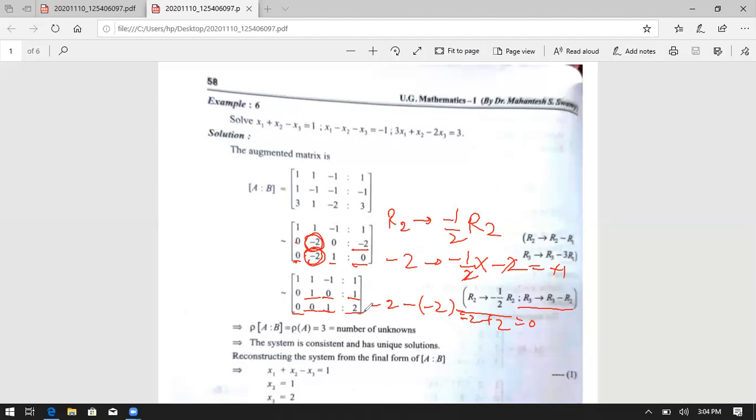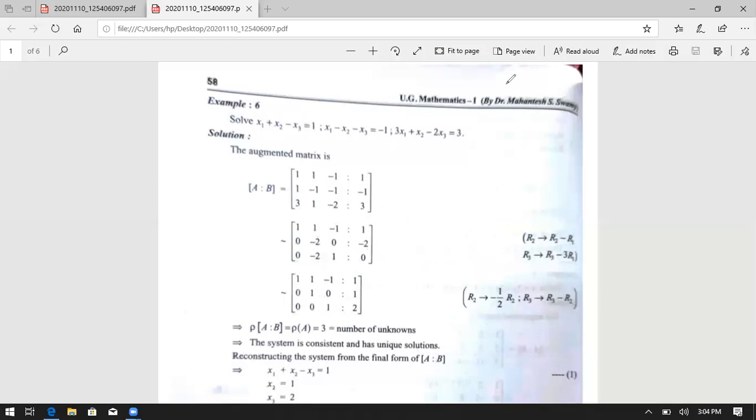Okay, now finally come to here. First one is unity. After that the leading is 0, 0. Okay, next see here this one. Sorry, this first one is unity. The leading is 0, 0. Then the second element is also unity. The leading means the element below is 0, 0. That is echelon form.